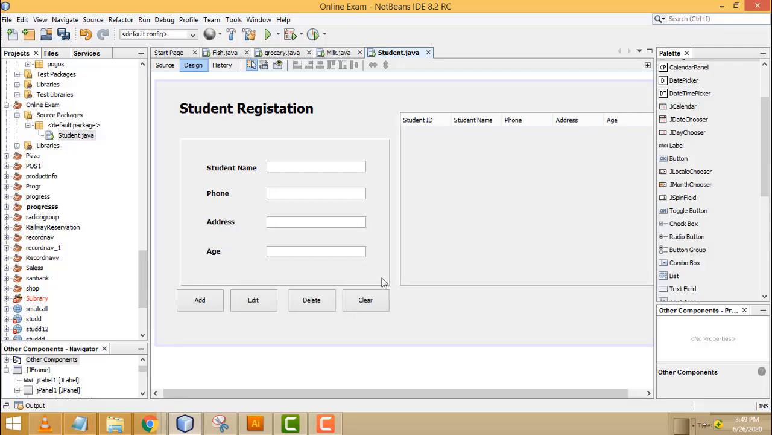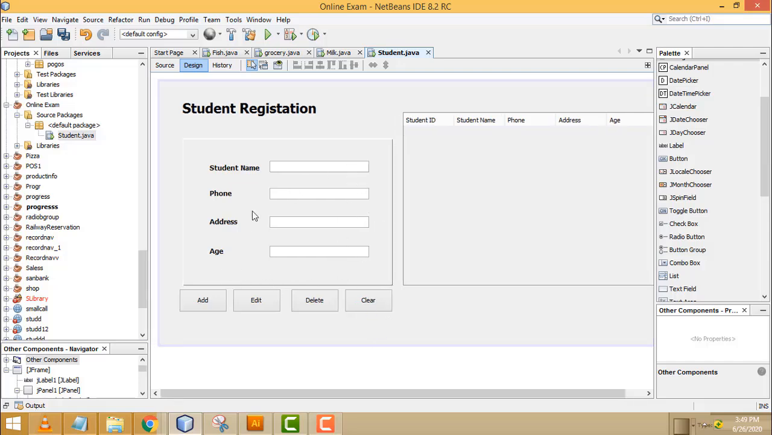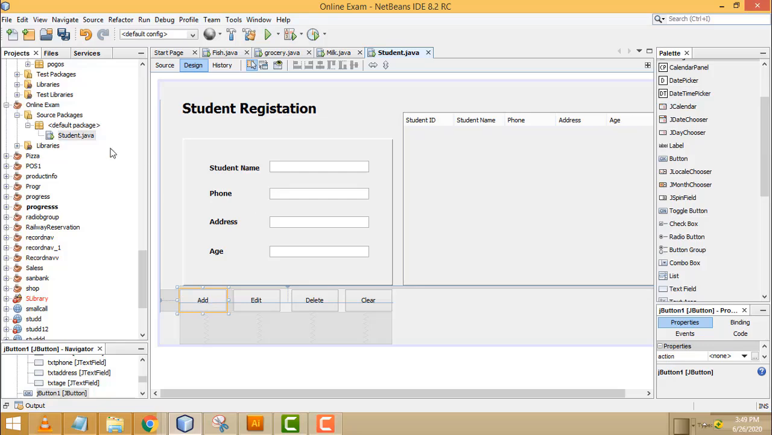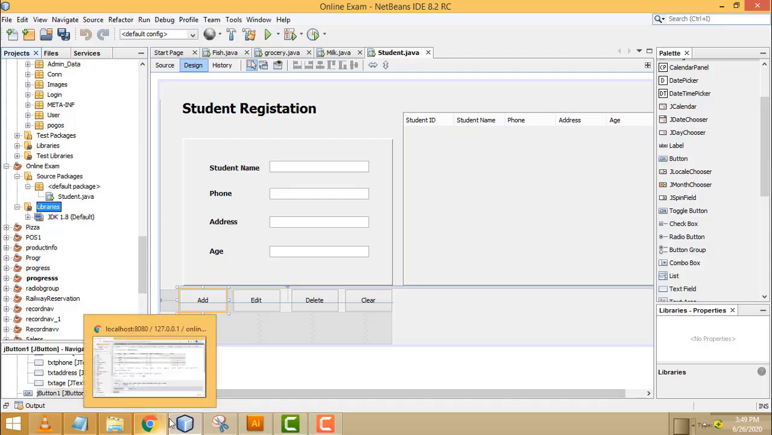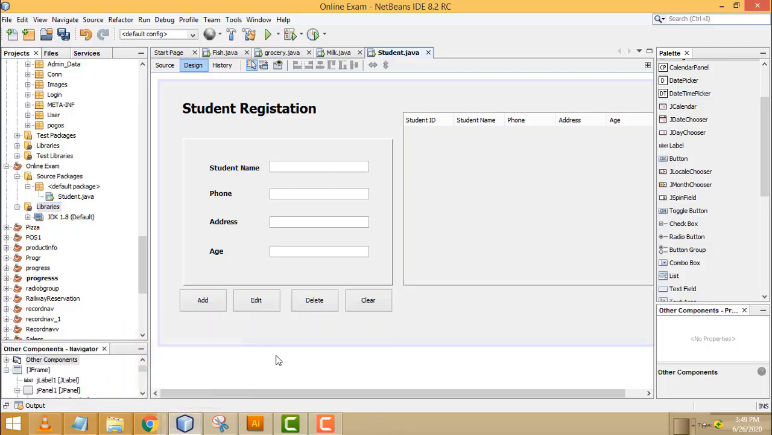Now what I am going to do is add the record into the database. How to add the record into the database? First, inside the source package folder, we have a folder called libraries. We have to add the relevant jar file of the MySQL connector, right? In order to connect Java to MySQL, we have to download the appropriate connector in order to connect the database. So you just go to Google and